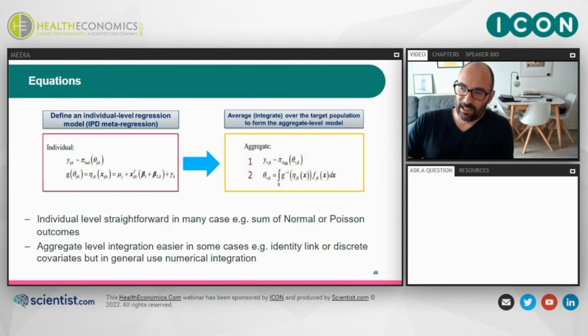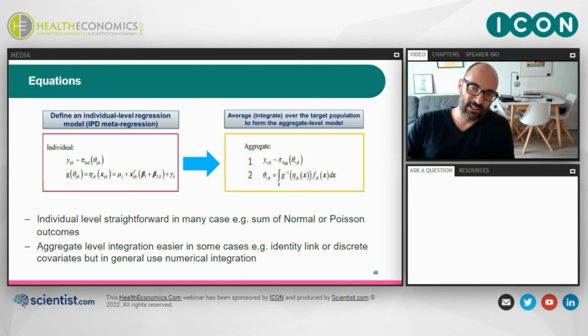And this is what it looks like in formulae. The left-hand side is the individual level data submodel, and the right-hand side is the aggregate data submodel. You can see here that point 2 is where we integrate over the regression, and the regression here has link function g, and that g you can also see in the regression on the left-hand side. So these are two linked sets of equations, linking the aggregate and the individual via this integration.